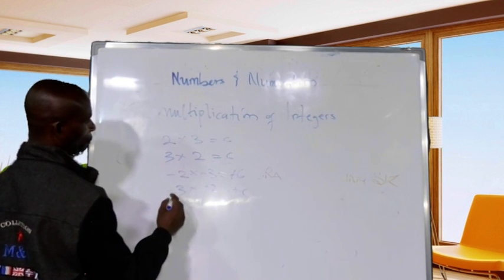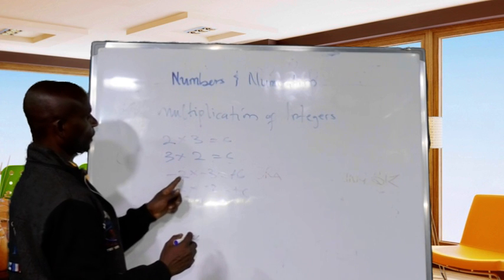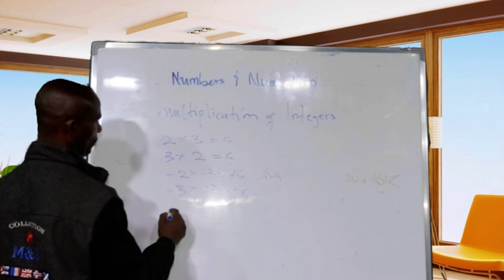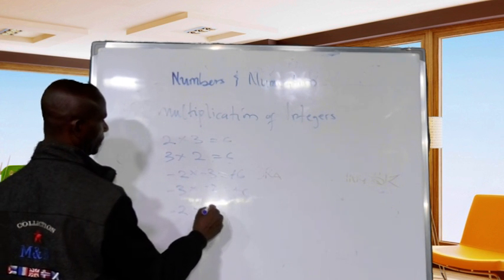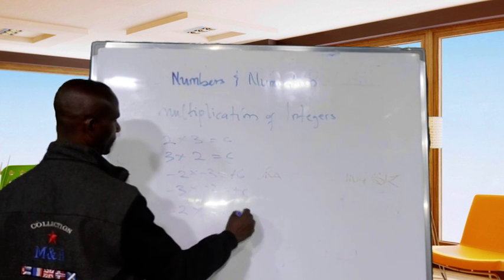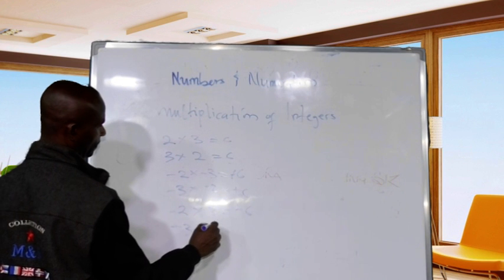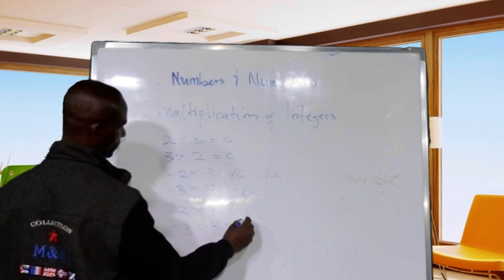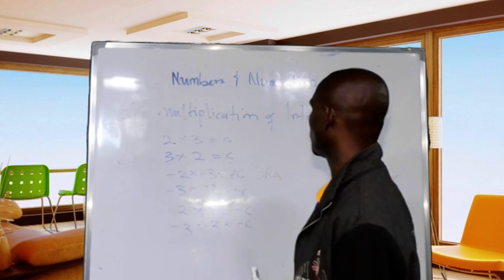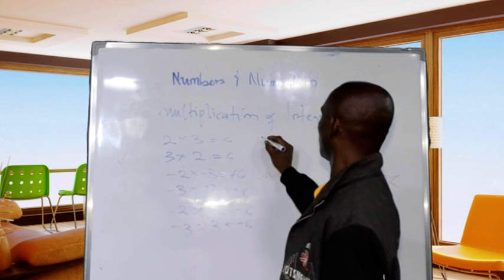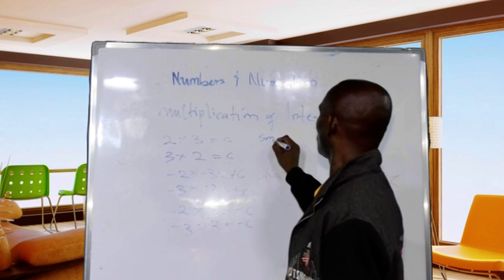Now we also use one negative and one positive. We have a small negative times a big positive, and we have minus 6, and then we have a big negative times a small positive. We have minus 6. The summary on this is that when we multiply a small positive number